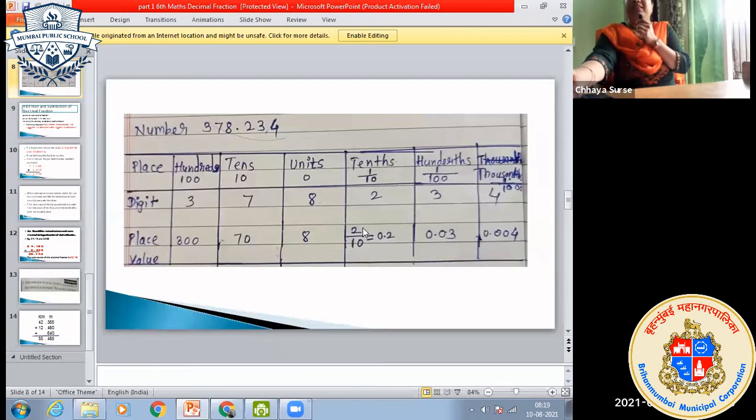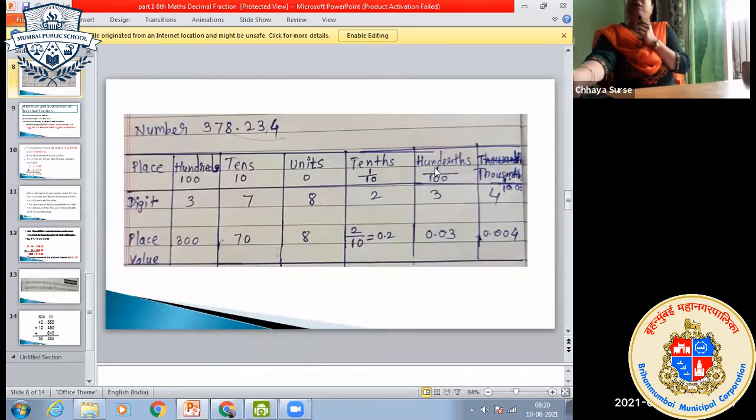Okay. So the 10th part, this is on which place? 10th place. Now the 3 digit, on which place? 100 place. Means 1 upon 100. 100 they say 1 part. Out of 100, here is the 1 part. So out of 100, how many parts are here? 3 parts. Okay. Now here you can write 3 upon 100.